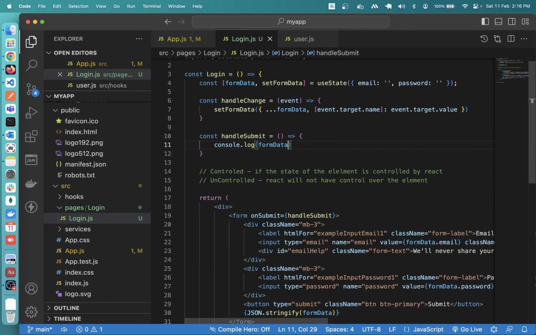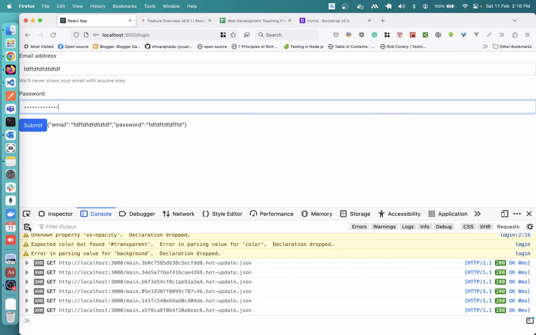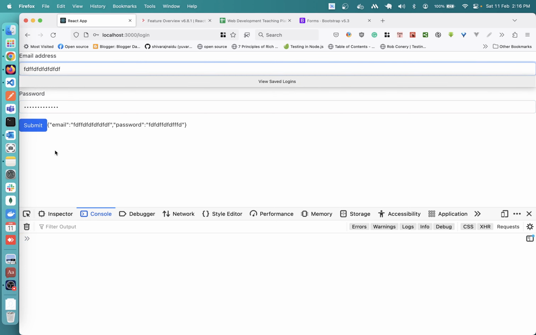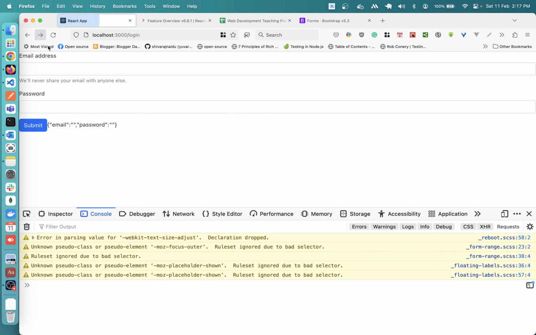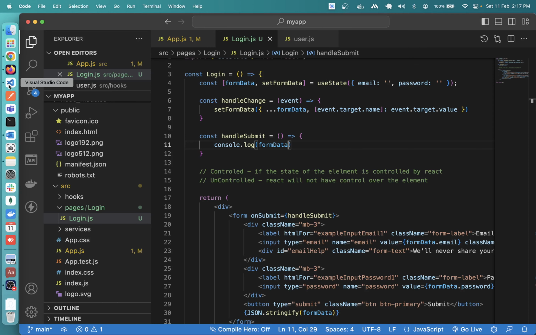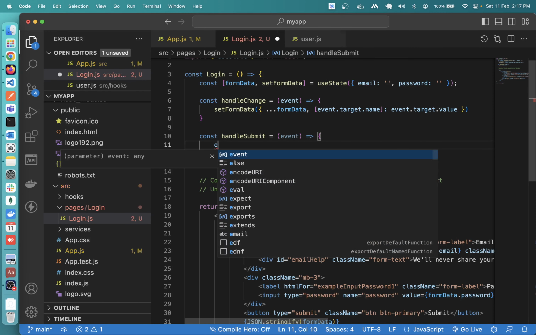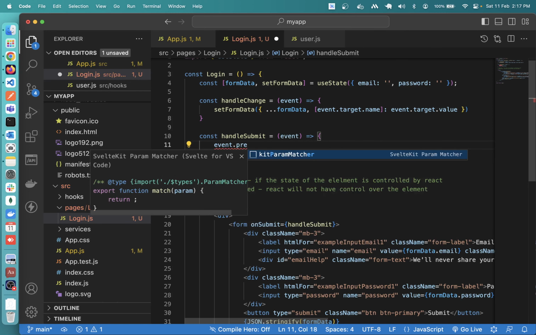We have form data and I can print that, right? So when the user clicks the button, I will have this one second. It is reloading. We have to stop that, right? Event.prevent